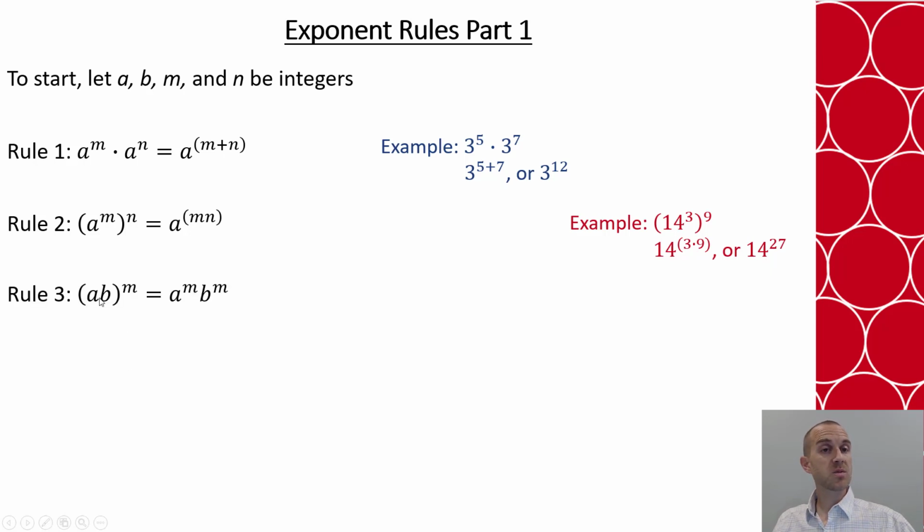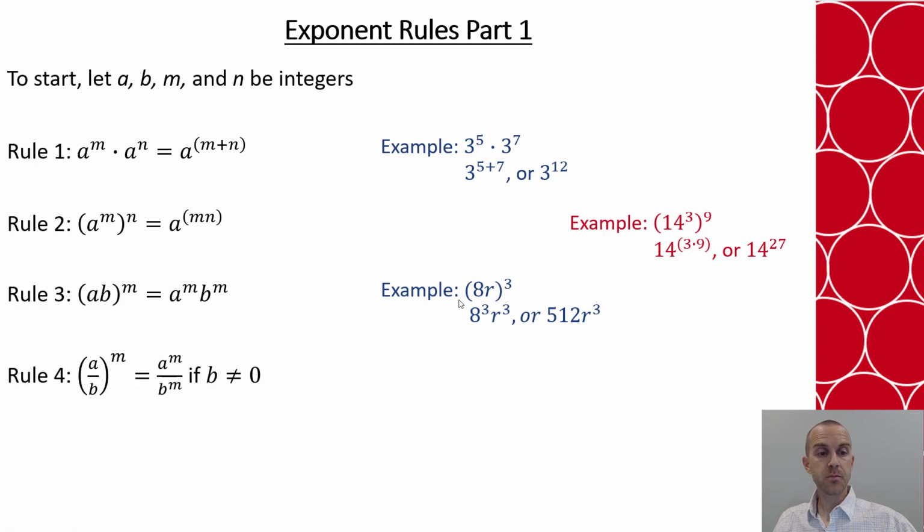Now what if I had two numbers being multiplied raised to an exponent? I can distribute that exponent to both of those numbers and then multiply. So say I had 8r raised to the 3rd, that means I have to make sure to distribute the 3 to both of my terms in the expression. So that's 8 cubed times r cubed, or often we simplify our numbers, so that'd be 512 r cubed. And this is one of the most important ones to pay attention to: distribute that exponent to both terms inside